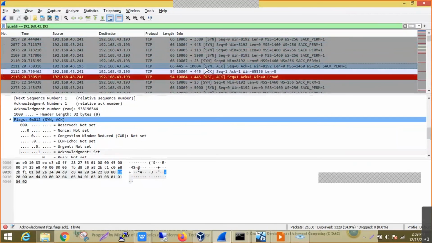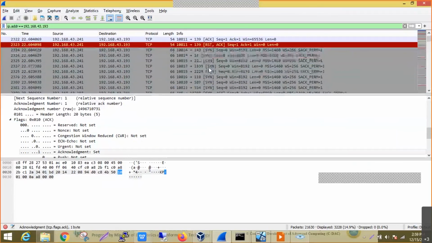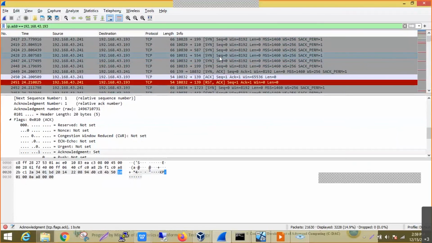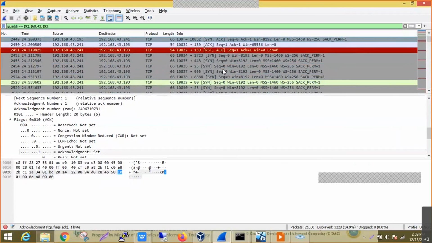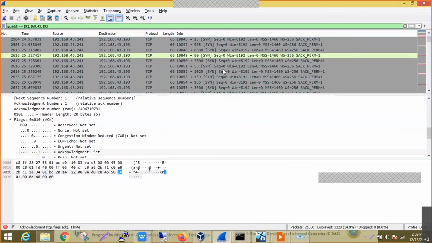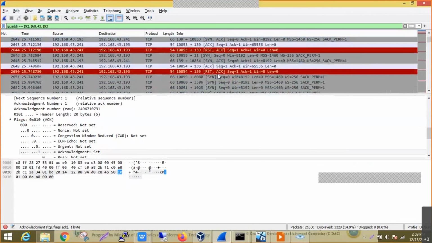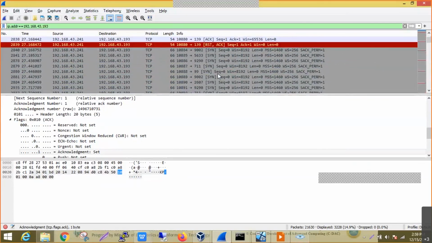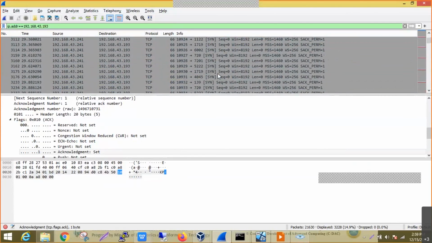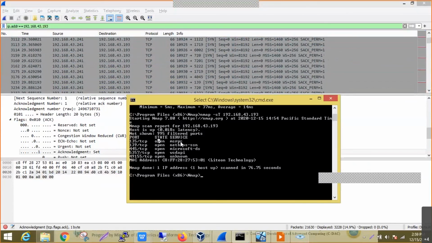Okay. Similarly, for all the open ports here, we'll get the same kind of scenario, and for the rest of the ports we may observe that there are no replies, because the destination system will think, anyway the port is not open, why send an acknowledgement, or why initiate a scan, or establish a connection. So that is why we will not see any replies with respect to that. But for the ports that are open, we'll get the acknowledgement. So this is how the tool will understand which ports are open on this particular target.